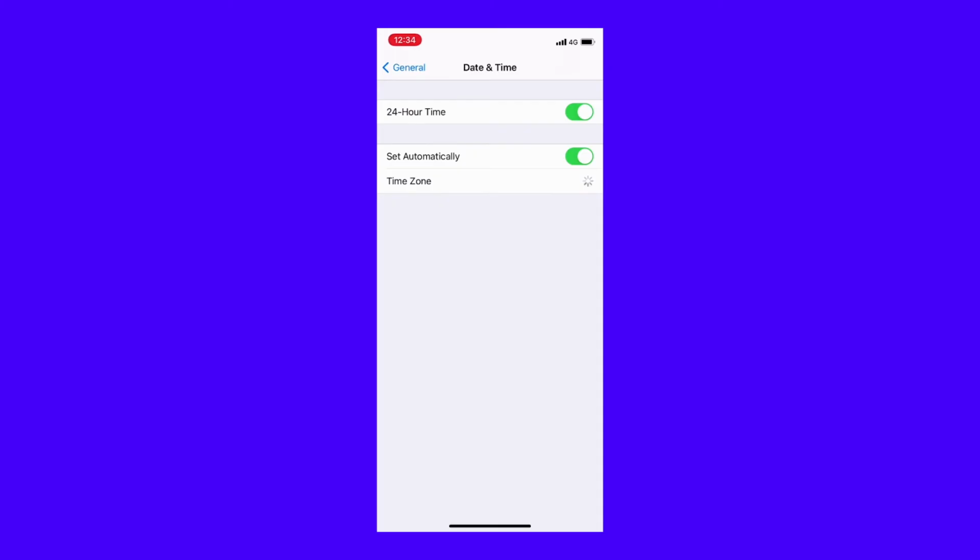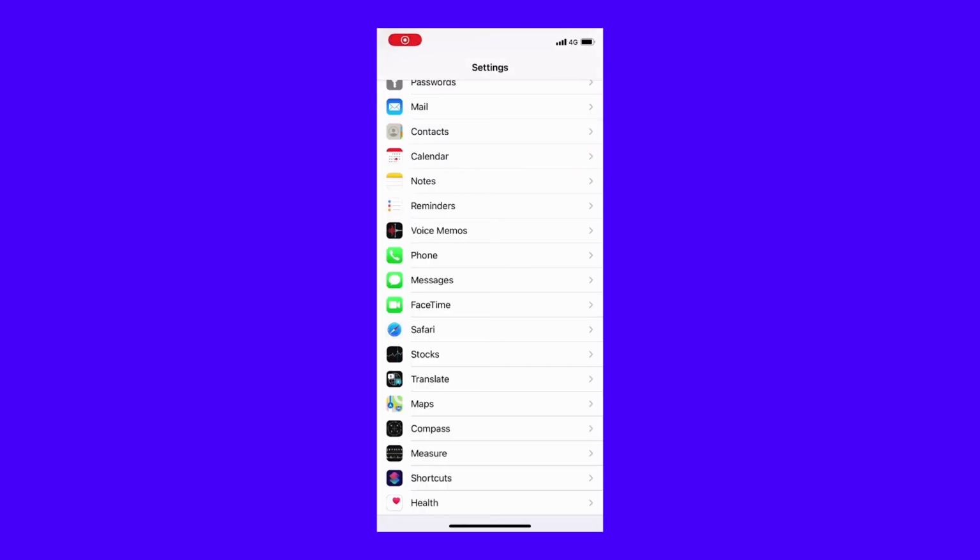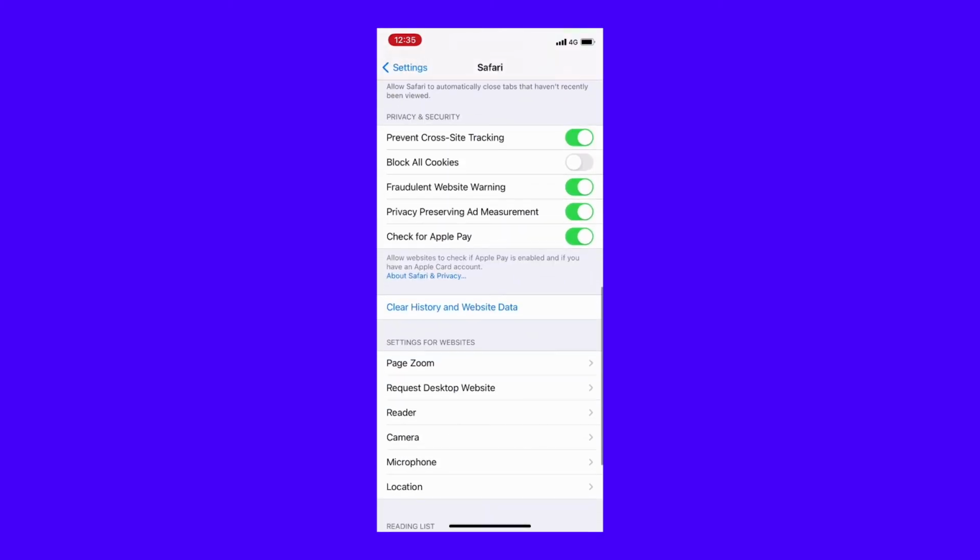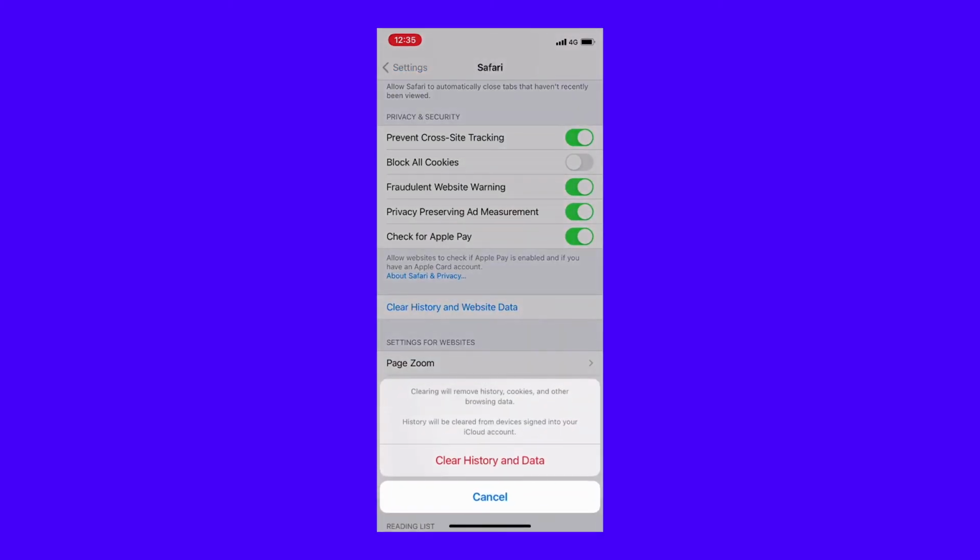After updating your date and time settings, you can move on to clearing your browser's cookies and cache. To do so, open the Settings app and select Safari, then Clear History and Website Data. If you've installed a different browser on your iOS device, the process should still be similar. Unfortunately, the most recent versions of iOS have removed the option to clear your SSL slate on your iPhone or iPad, so this is not a viable solution. If none of the fixes mentioned work, you can assume the problem is server-side.